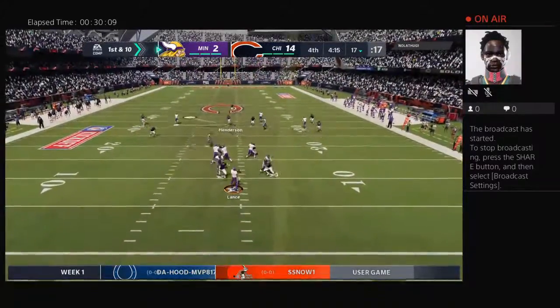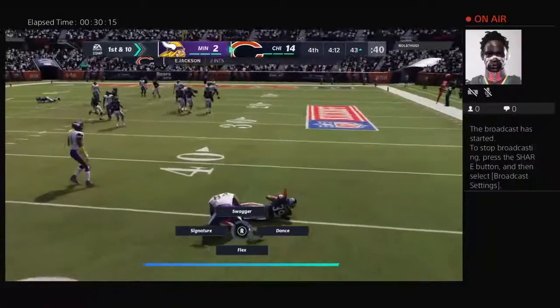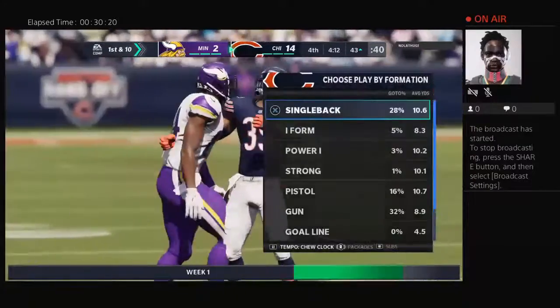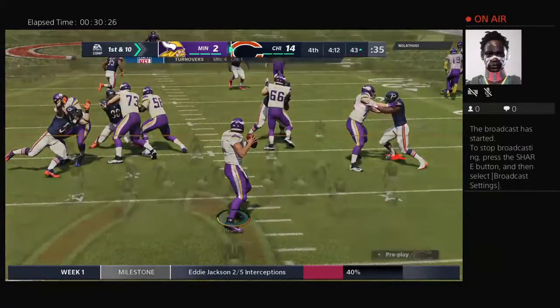Trying to shake off the interception from the last drive. He'll look to throw. And his pass is intercepted for the 4th time today. Eddie Jackson picks it. And to the 43. So down inside the 45 to the 43-yard line. That's where they'll take over. The Bears take over 1st and 10